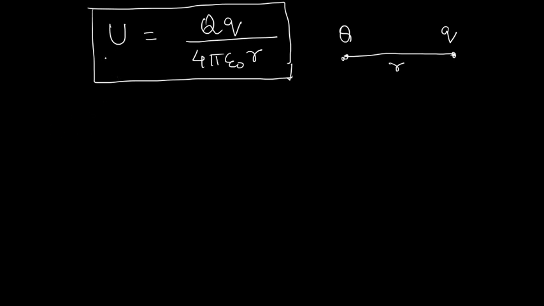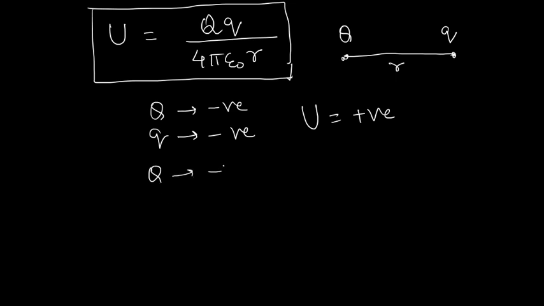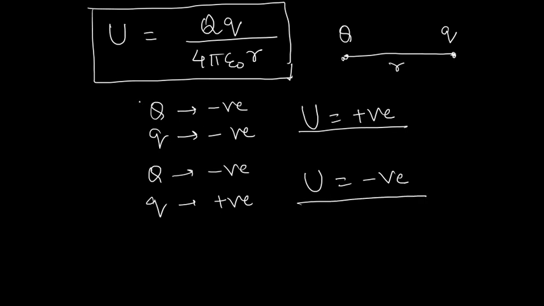Now you see what are the terms on which U depends. First of all, it depends on the sign of the charges. It means if Q is negative and small q is also negative, then potential energy will be positive. And if small q is negative and capital Q is positive, then potential energy will be negative. What does this mean? It means here the repulsion force is there and the work is done